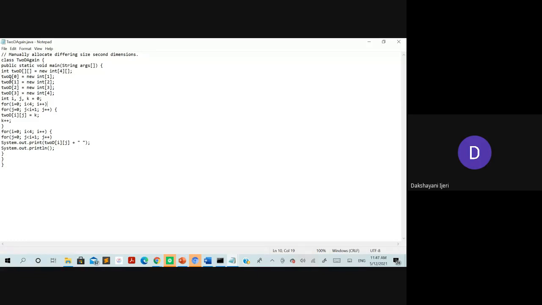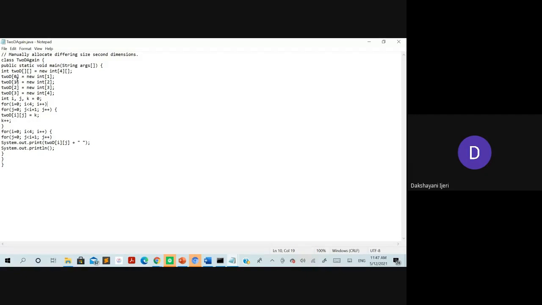In that case, this is not restricted to a proper square matrix, that is 4 cross 5 or 2 cross 2. Instead, there will be 4 rows, but for each row the number of columns is not fixed. For the first row you have 2 columns, that is 0 and 1.